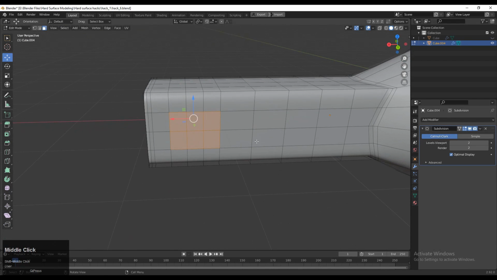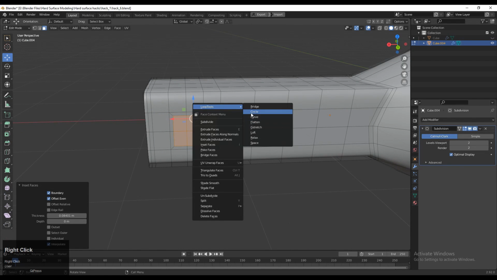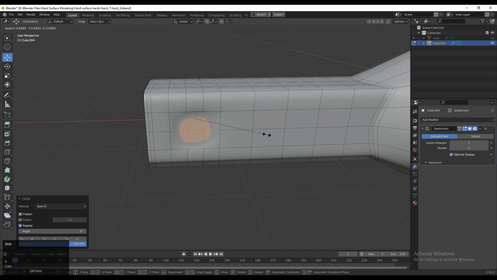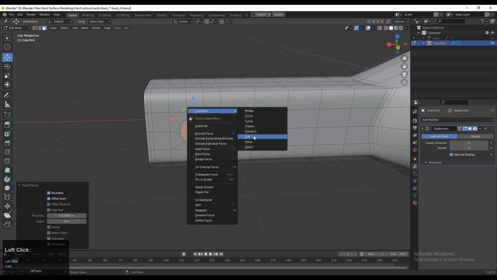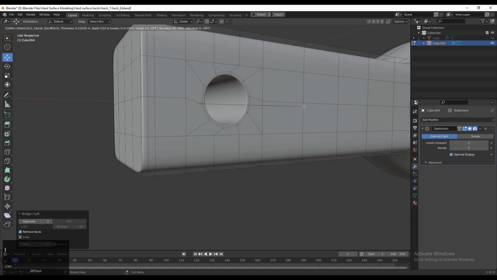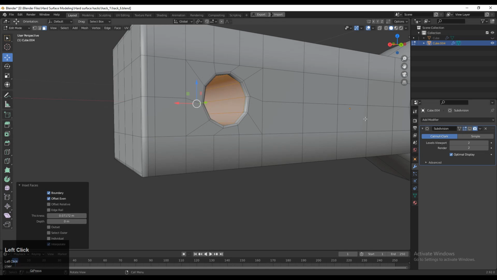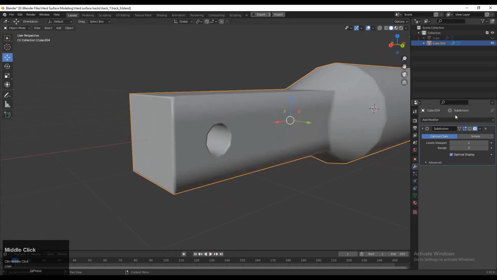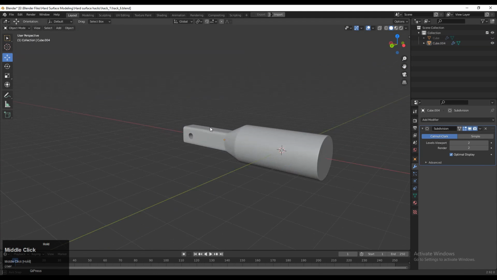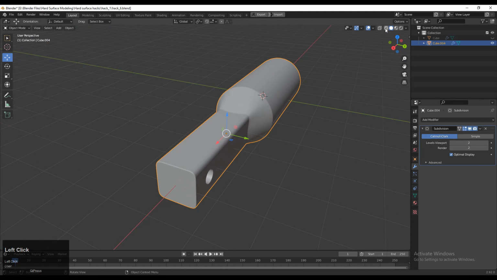And then press I for the insert operation, and then use the loop tool and create a circle like this, and then adjust the scale of the circle, and then press I one more time with the insert operation, and then you can use the loop tool there and press I for the insert operation just to add one loop there. And now you can see easily we have created that boolean hole there, which looks decent.